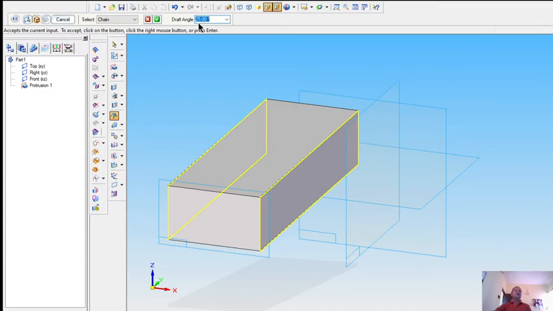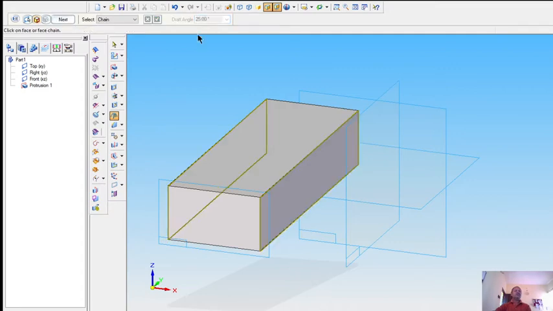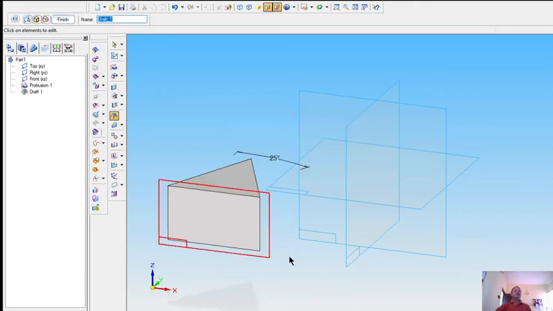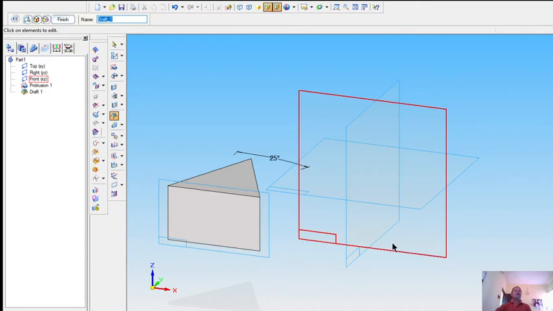So click add draft and accept it by right mark, click right mark, then click here on the next part. So click here on the side for the draft, on which side we want the draft angle on the feature is to be created. Click here, so your feature is created.